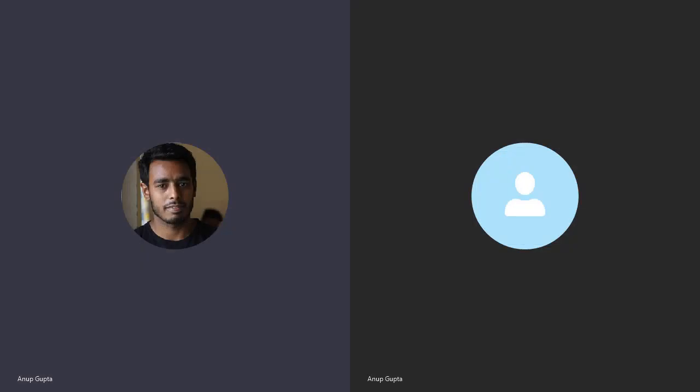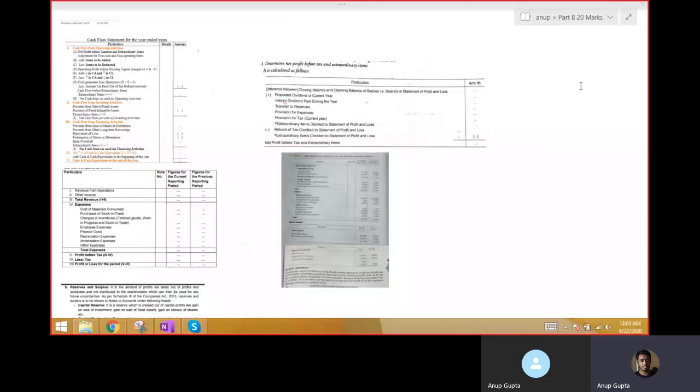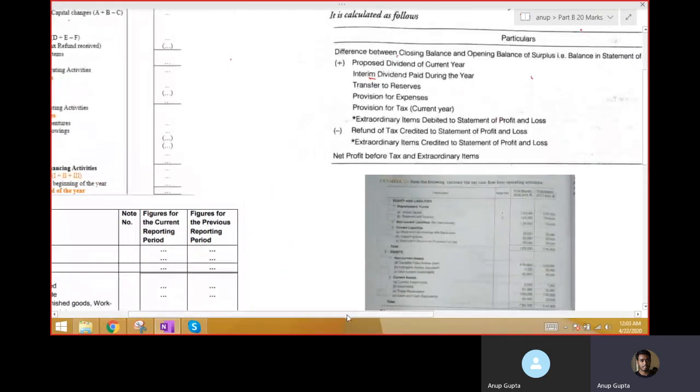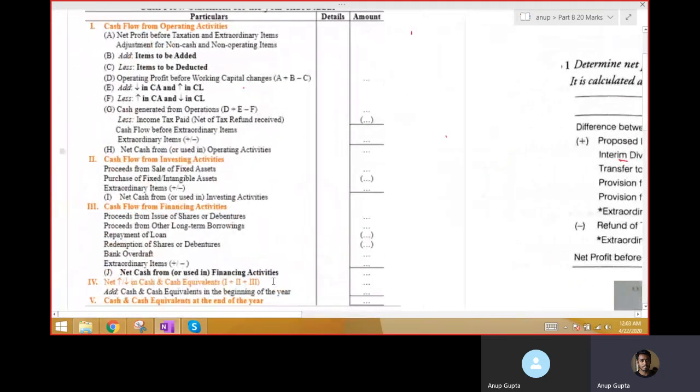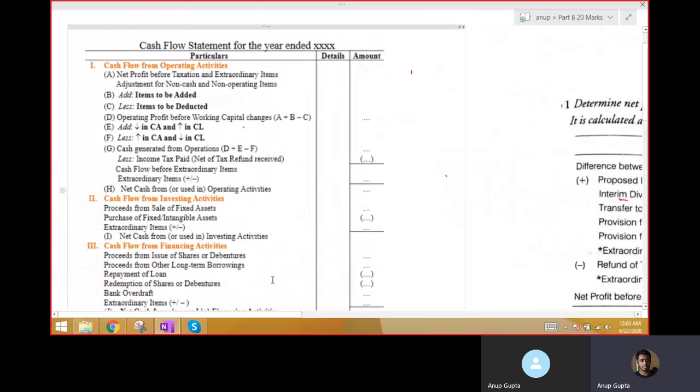Hello everyone. In the previous video, we were finding cash flow from operating activity. Various steps were discussed in the previous video, and we also did step A, that is calculation of net profit before tax. This net profit before tax was found in the working note, which had a specific